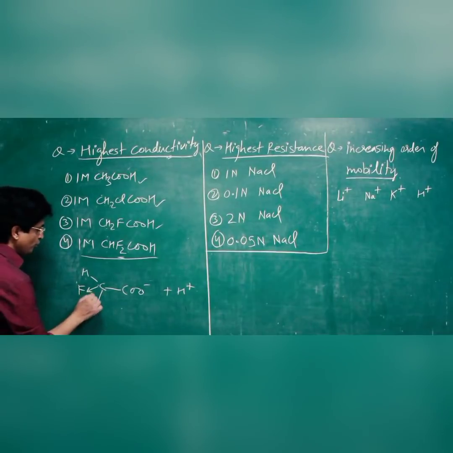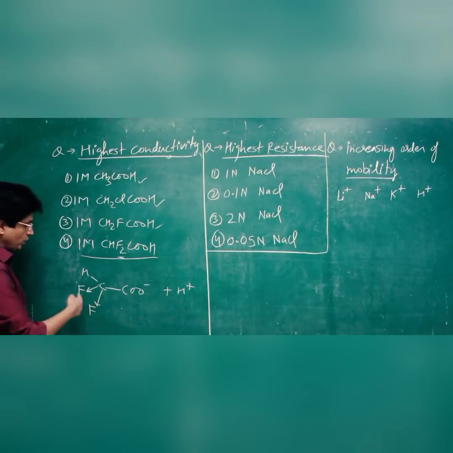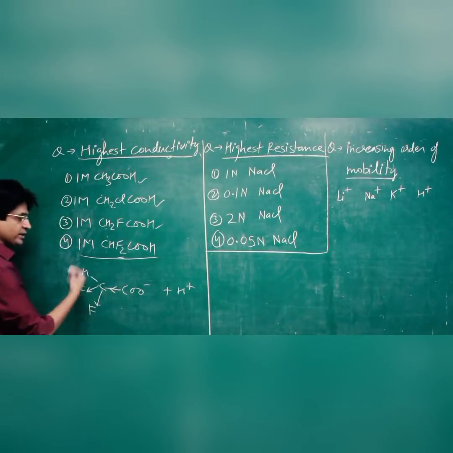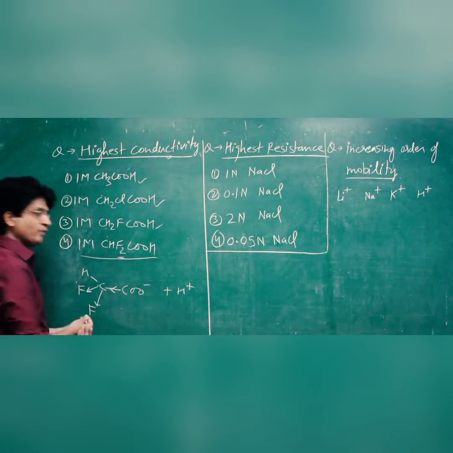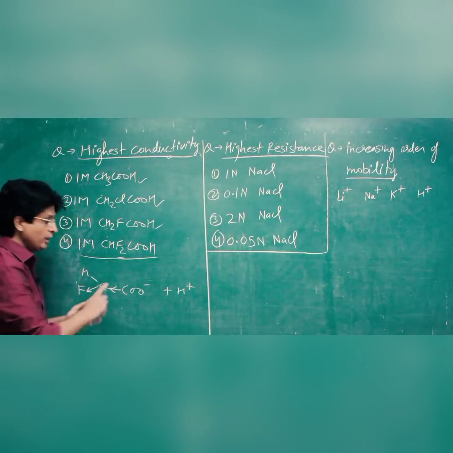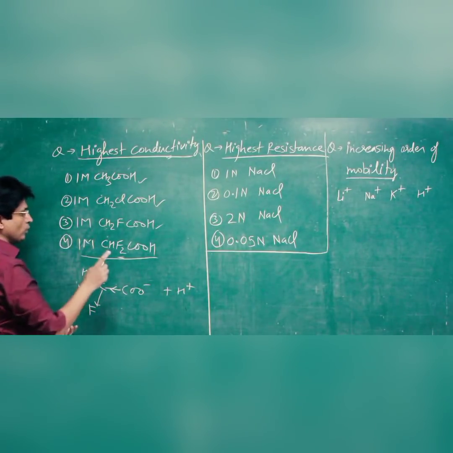Now we have got 2 fluorine which are highly electronegative. So now because of the minus I effect of fluorine, 2 fluorines, the negative charge will be dispersed. More is the dispersal of the charge, more stable is the species. More stable is the species, more it will be formed in the amount. So among these 4,